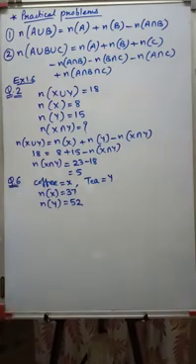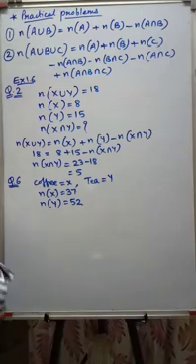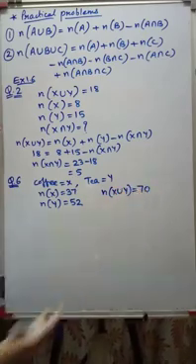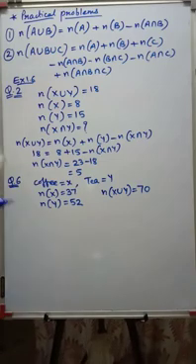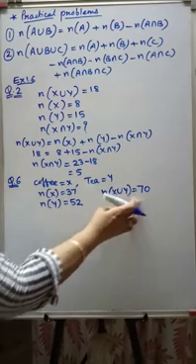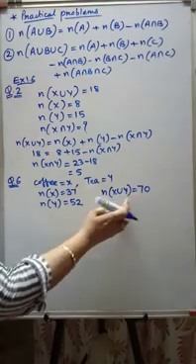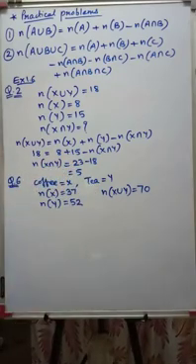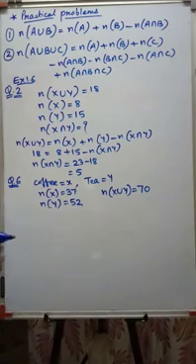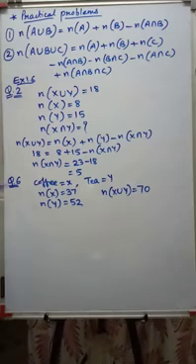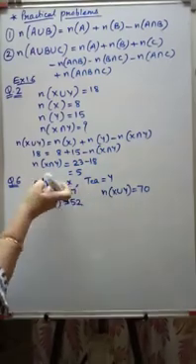Now each person likes at least one of the two drinks. Why have they written each person? Because the total is given as 70 people, so n of X union Y is 70. If they had not written this statement, there would be a few people who neither like coffee nor tea. They must not be drinking these two. Since they have written each person likes at least one of the two drinks, everybody likes either this or this.